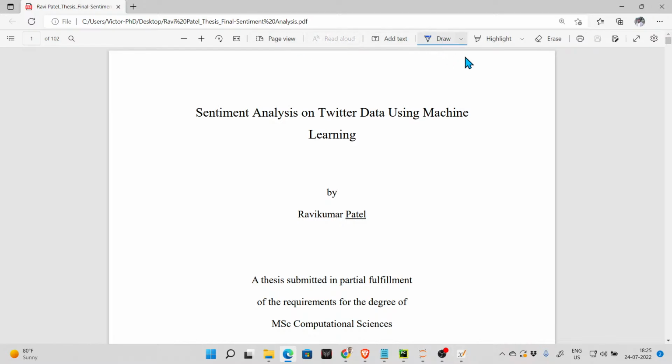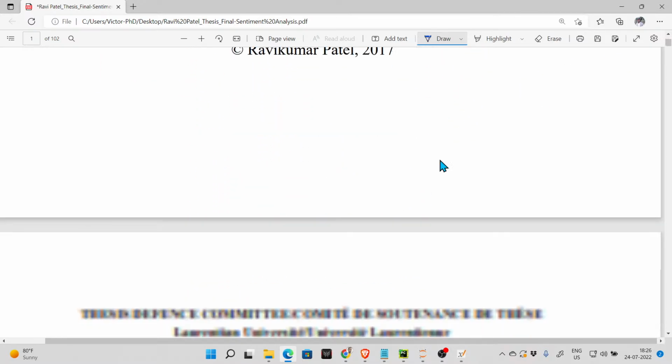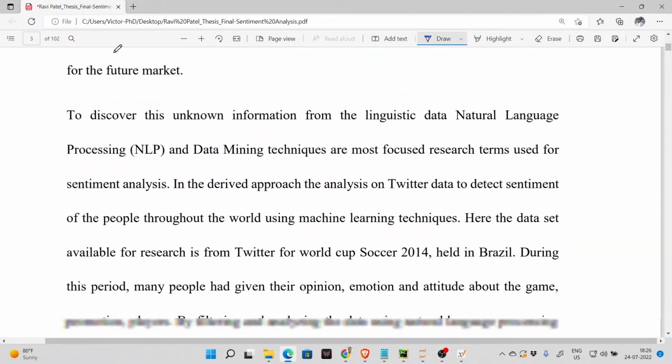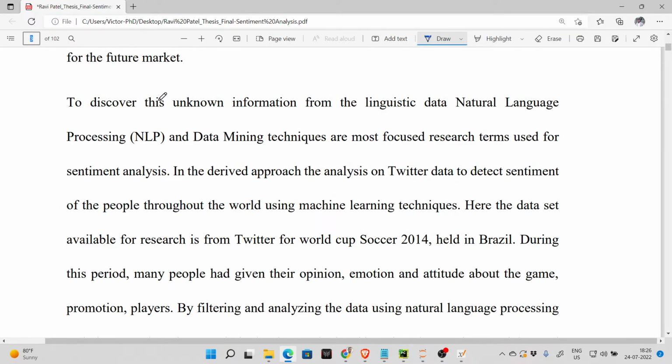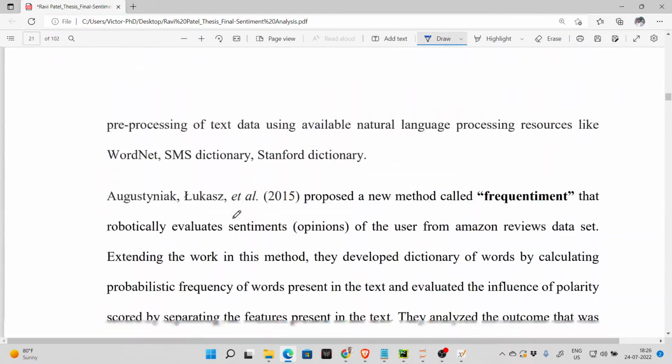There was no live, live tweets. All right. So he never used live tweets here. How do we know? Because I have read this, right? So let's look at what he did, because this will form the basis of, it will give you an understanding of what we are going to do. Okay. So if you jump down to, I think it's on page 20, I think so. All right. So the aim was